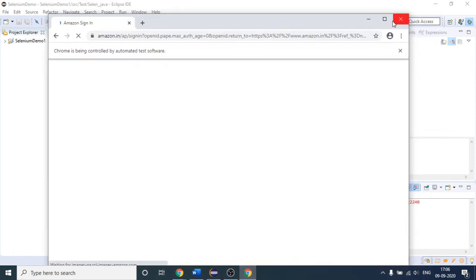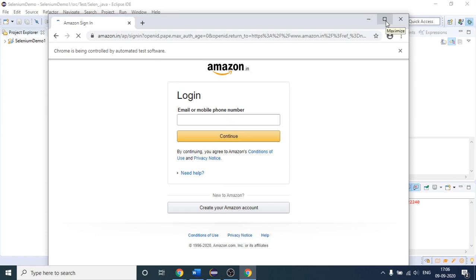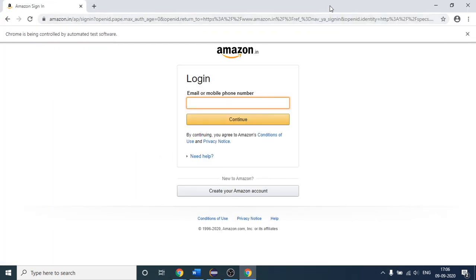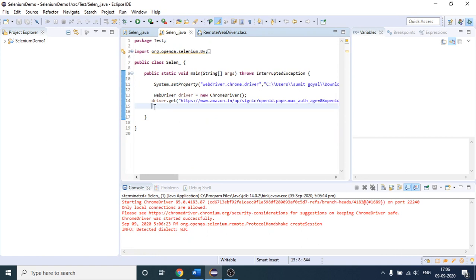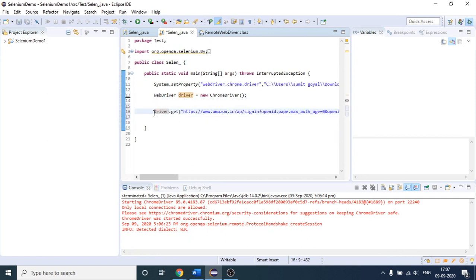By maximize, I want that every time I hit the Chrome browser, my window should be displayed like this, not like this. So instead of clicking this square button, I will write one simple code before this step.